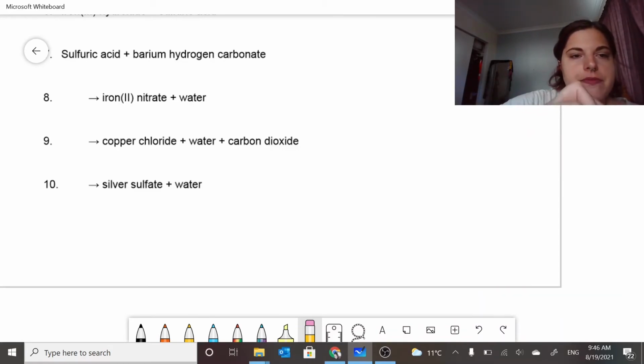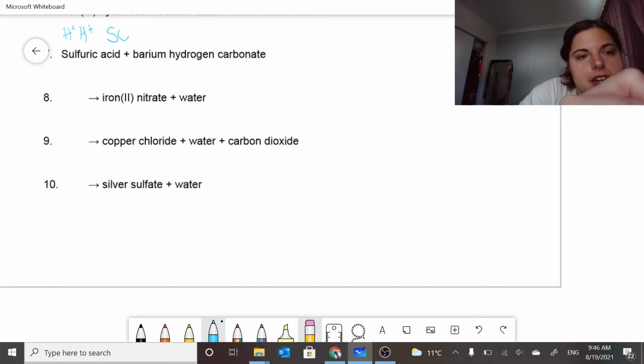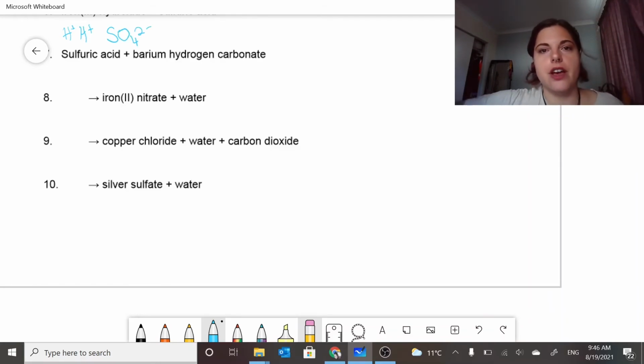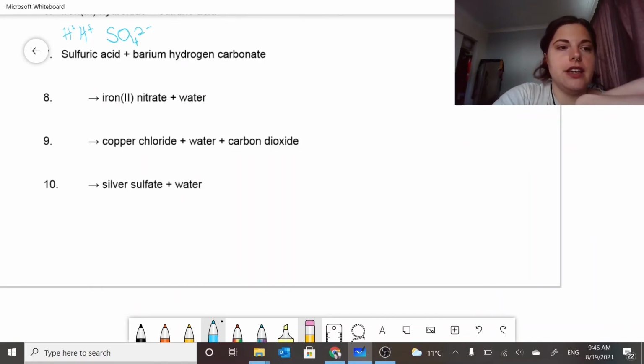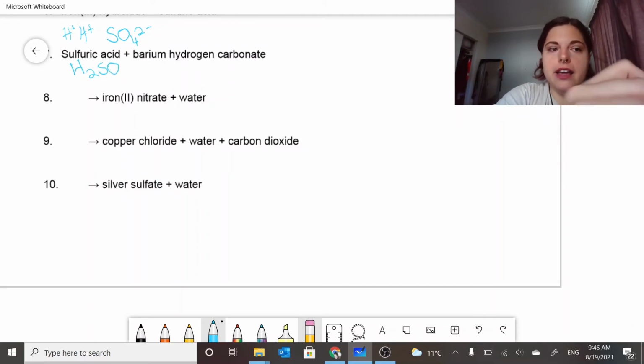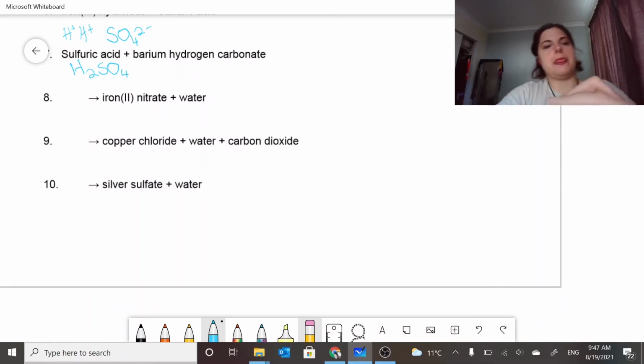Sulfuric acid plus barium hydrogen carbonate. So I'm going to change to my blue pen again. Sulfuric acid, it is H plus and SO4 2 minus. Because remember, acids are hydrogen donors, so we need to have a hydrogen in there. And I know that there's 2 hydrogens because my sulfate ion from the sulfuric part has a 2 minus charge. Plus